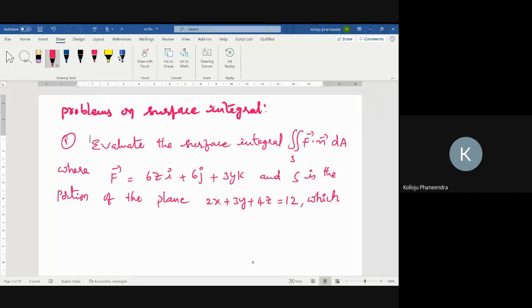4z equal to 12, which is in the first octant,